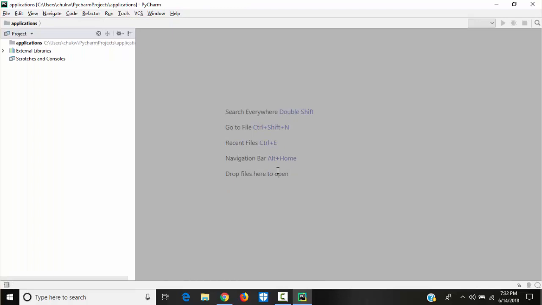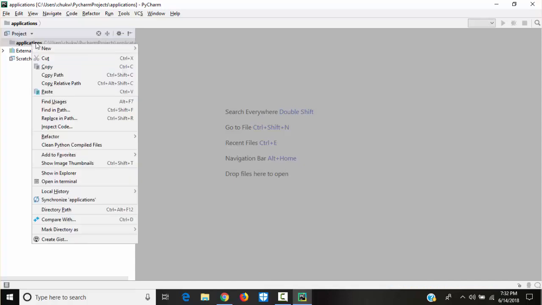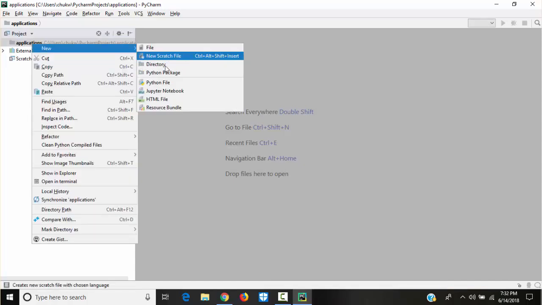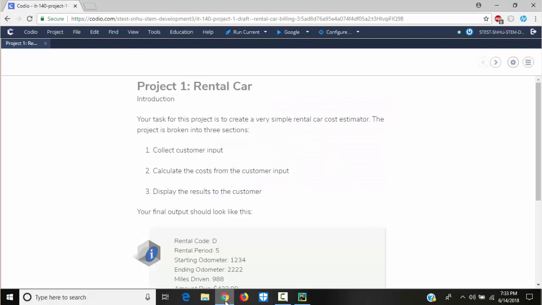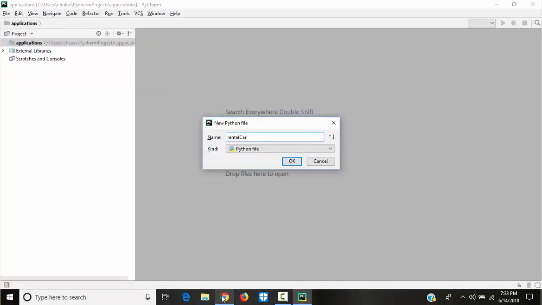Okay, we choose to open it in the current window. Under these applications, we can have a new Python file, and we call this application rentalCarCostEstimator.